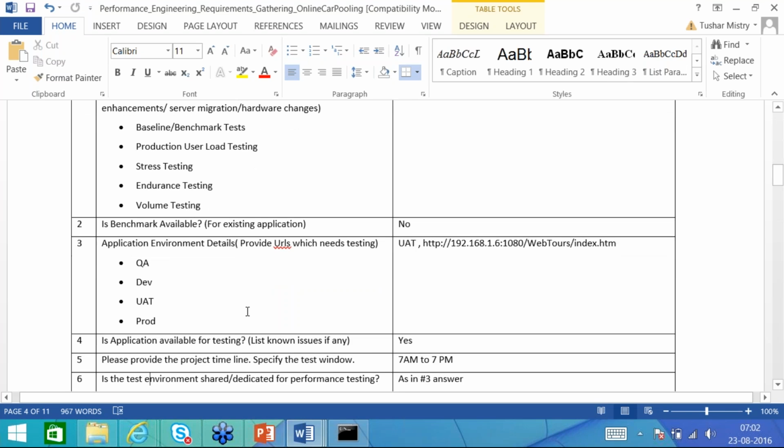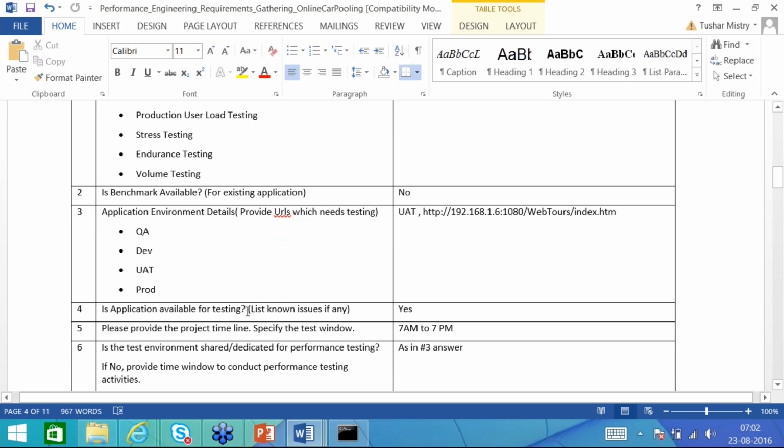Then, is the application available for testing? Is your functional testing, manual testing completed? Is your application stable? If any issues are there, please note them down. This application is stable enough to go for performance testing, so the client will just mention yes.